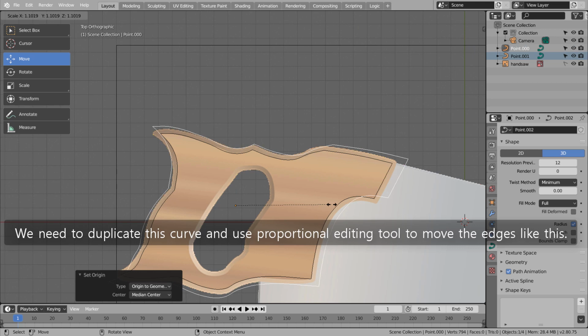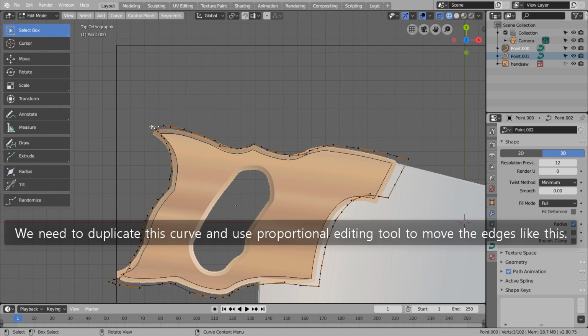We need to duplicate this curve and use the proportional editing tool to move the edges like this.